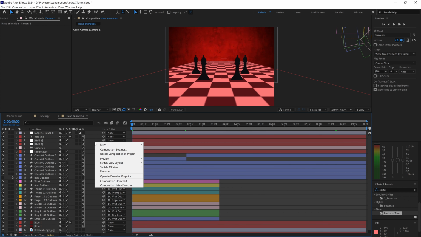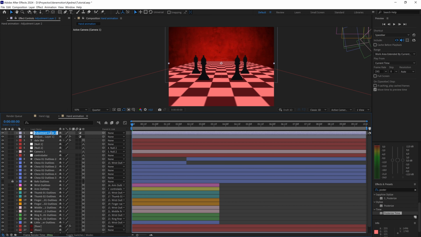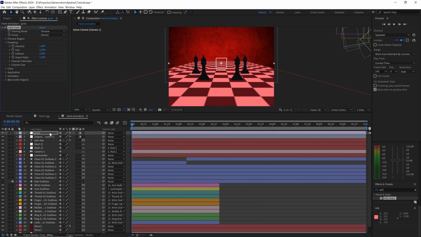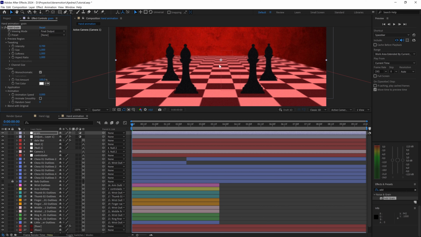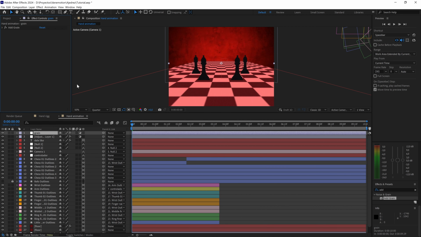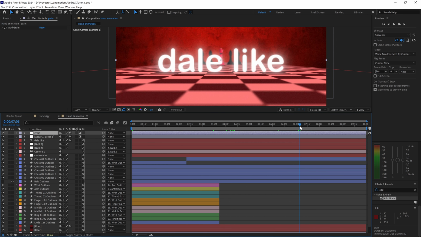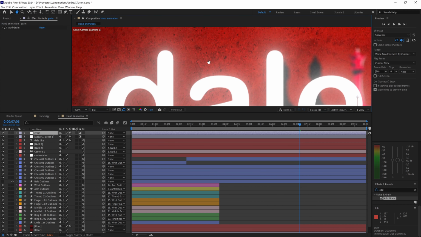Again, with right-click, I am going to create another adjustment layer. And this is going to be the grain. We go to Effects, Add Grain. Here from Preview, we change to Final Output. I am going to lower the intensity a little, 0.7, around the monochrome color and the noise animation. Well, I am going to leave it at 0 so that it is static. I don't know if you can see it there, but the truth is that it gives it a very cool